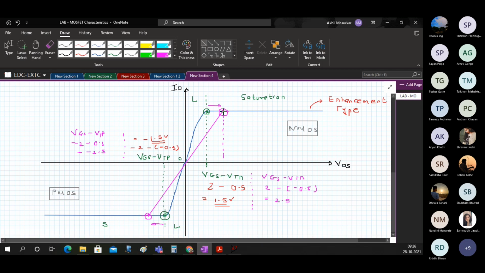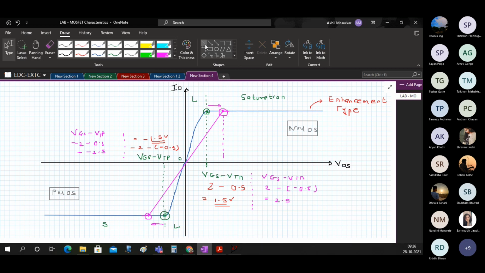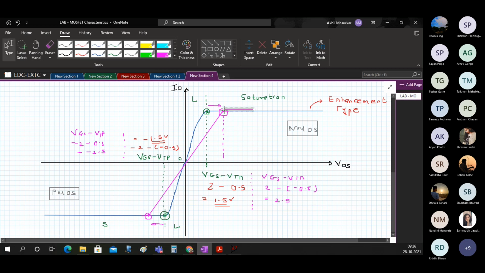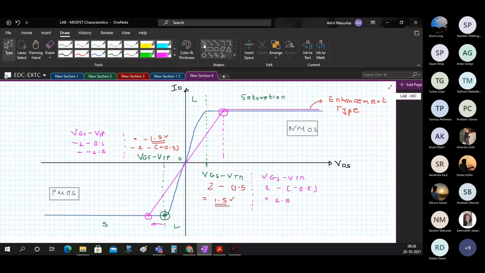And just draw the characteristics in this way. So this thing will be somewhat like this.